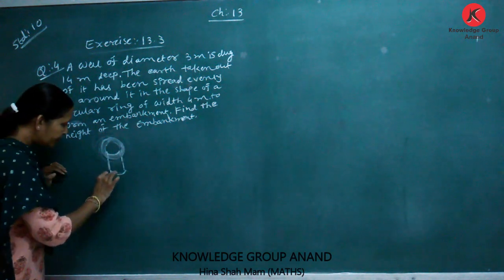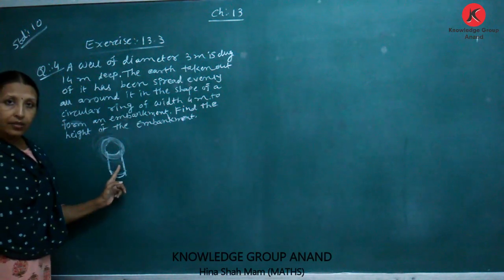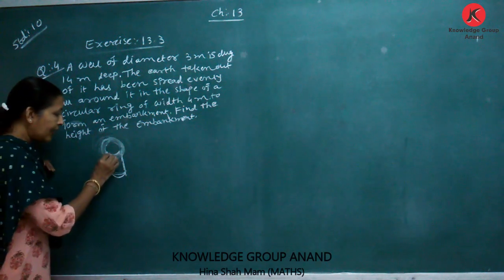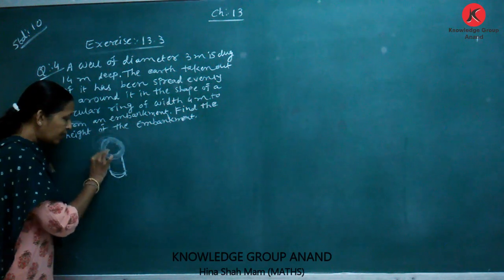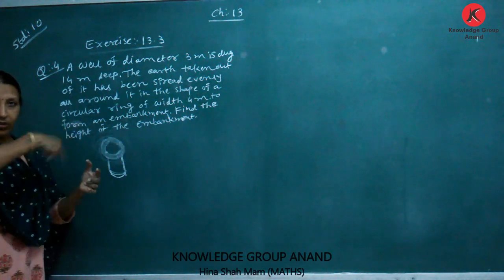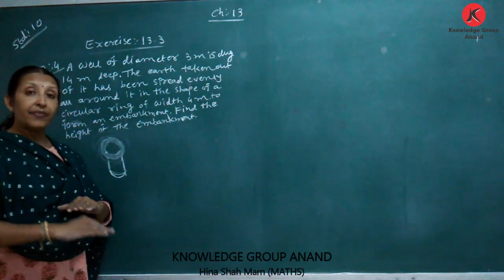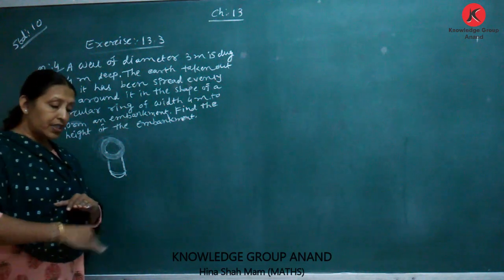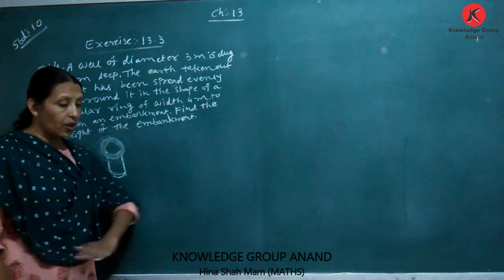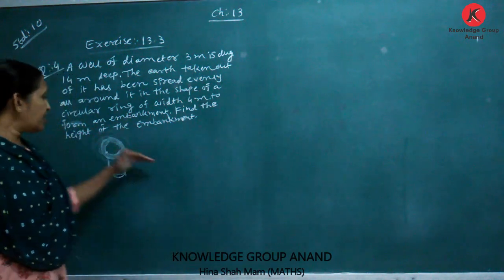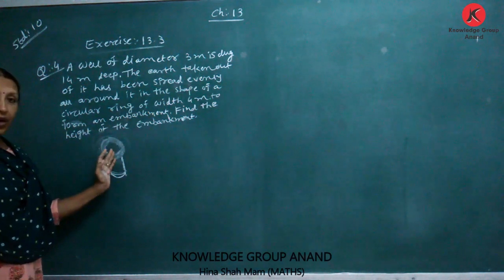The volume of earth taken out from this well is spread around the well in a circular shape, a circular ring. Suppose the well is here, deep. Then we have seen that it is a wall of stone built on the ground, it is not at the level of the ground. Then it is built as an embankment around the well.